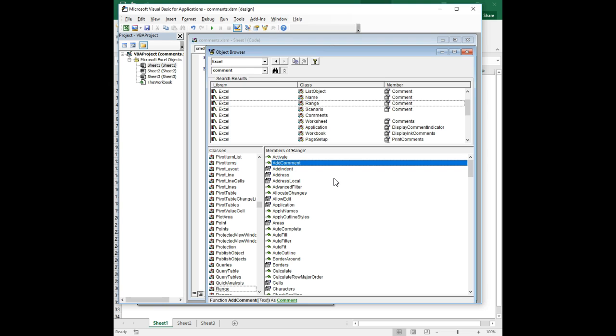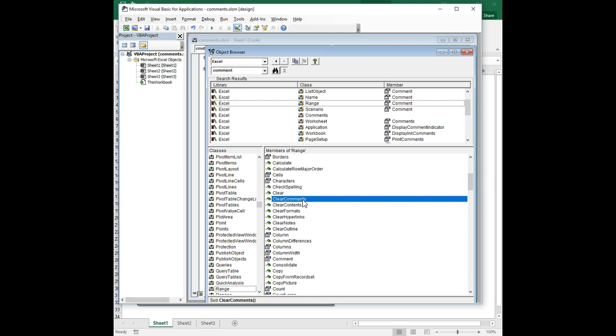And the ones that have the little green flying, it looks kind of like a brick, next to it, that icon is meant to be an object in motion, an object doing something, and that by definition is a method. So these are methods, and the members with the little hand looking down a list, those are properties. And so there's an add comment method to a range that might come in handy in a minute. There's clear comments, and